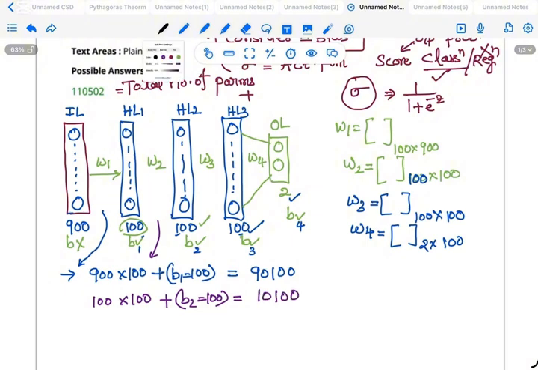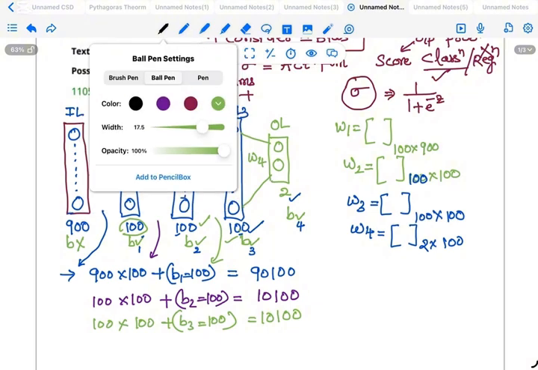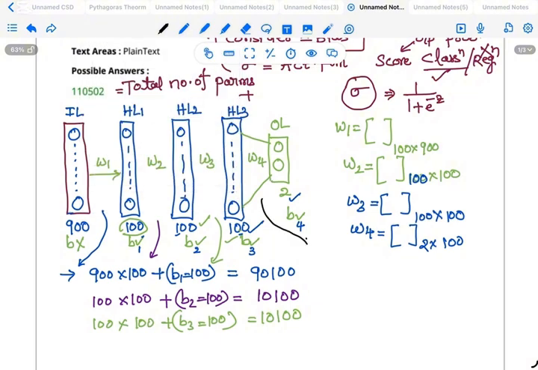In the next layer, 100 multiplied by 100 plus B3 equals 100 bias, the same 10100 parameters. In the output layer, 2 into 100 plus B4 equals 2, that is 202. So to sum up all the parameters: